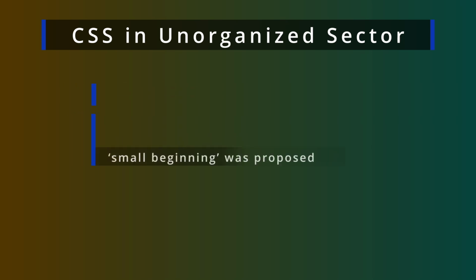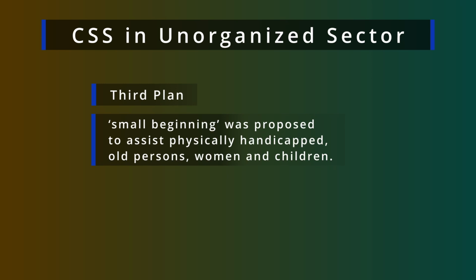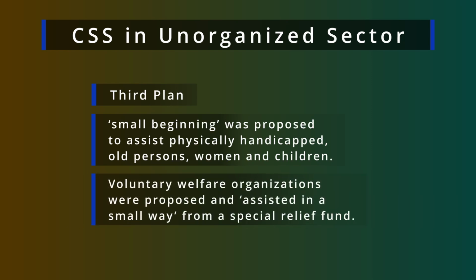If we focus on the third plan, we will find that there is a small beginning in the case of social security measures for unorganized sectors, and this was proposed to assist physically handicapped persons, old persons, women, and children. Voluntary welfare organizations and self-help groups were formed, and they were proposed to assist in a small way